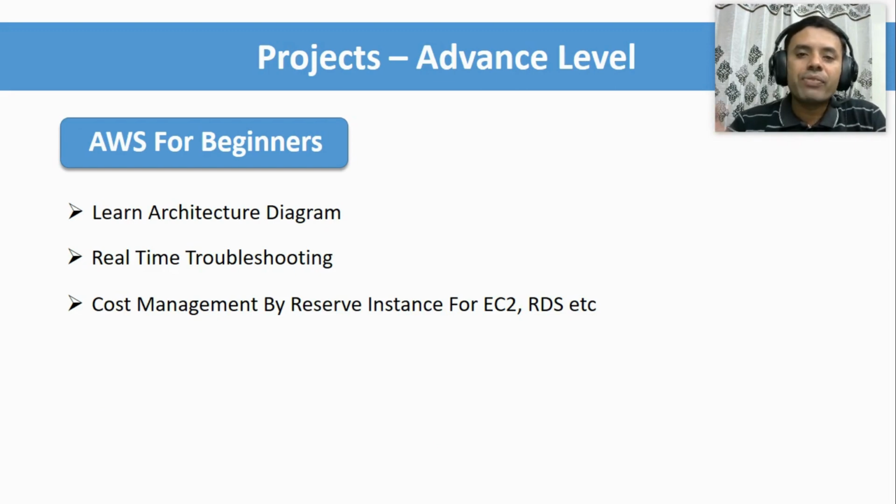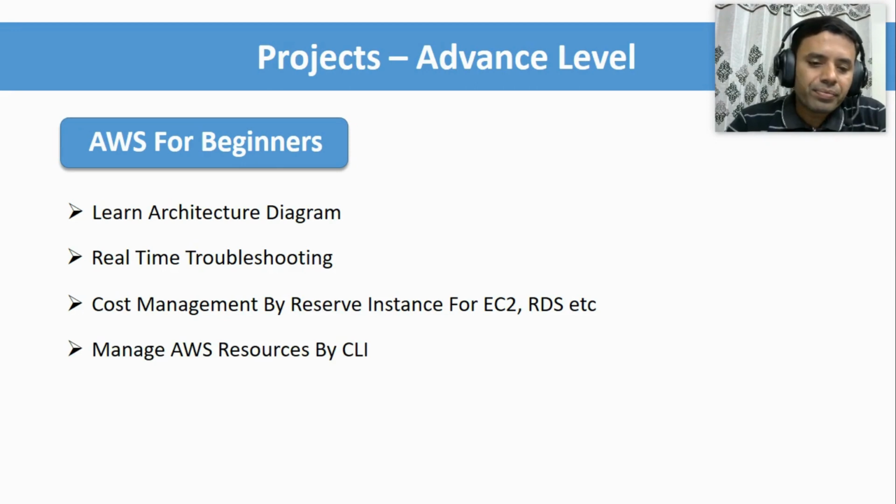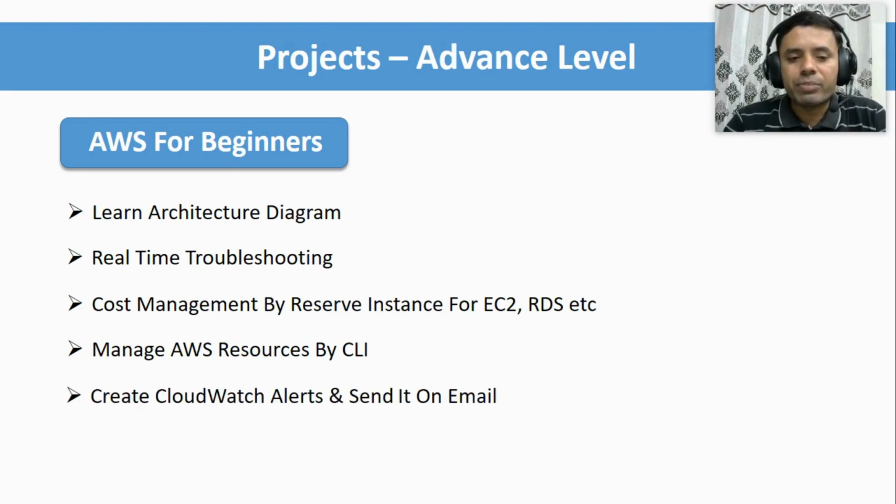Okay, by reserving the instance. There are other cost saving plans or reserved instance features from the AWS side. We can save additional cost by getting the discount. Then we will see how to manage the resources through the CLI as well. We will see a few examples for S3 bucket, EC2 instance, or RDS. We will see how to manage them through the AWS CLI, the command line interface.